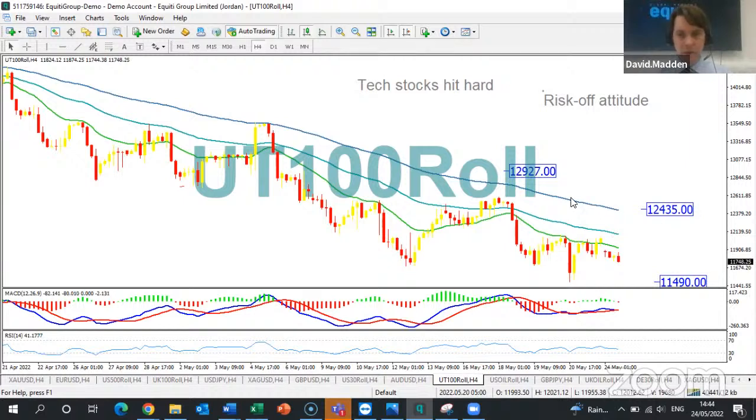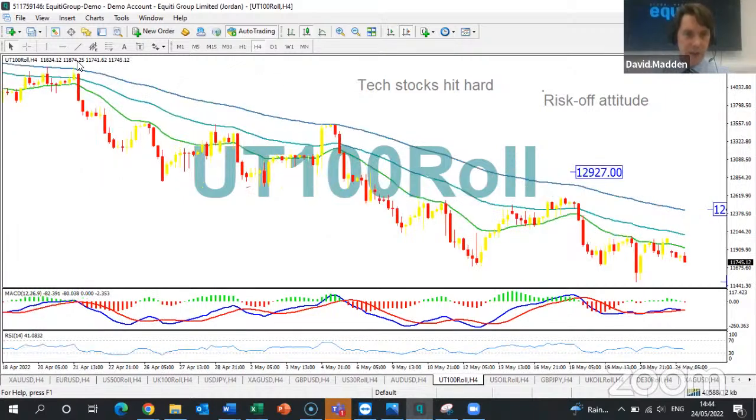Well, the first place I'll be looking out for is this moving average here, which is the 100-period moving average. By the way, this is a 4-hour chart that I'm looking at in terms of time frame. All the charts I've been looking at so far, and I will look at, are 4-hour time frames. And it's a 100-period moving average that comes into play at 12,435. It's worth noting that the 100-period moving average acted nicely as resistance here in early May. It's also worth noting that same metric acted as resistance here in late April as well.